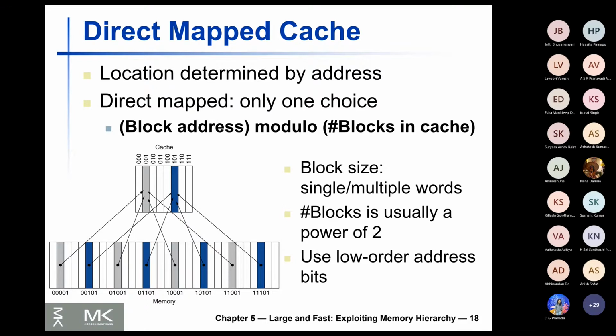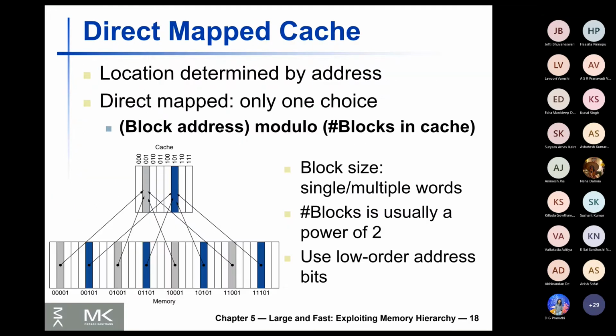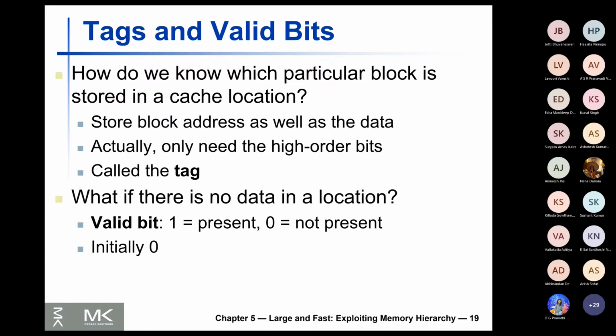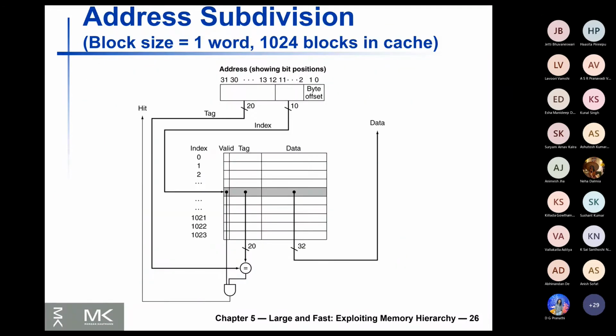If your block is multiple words and the number of blocks is usually a power of 2, the indexes are simply a certain number of least significant bits. That depends on how many blocks you have in your cache memory. So it is a very simple mechanism. To fully resolve the address, because there is ambiguity of this many-to-one mapping, you have a concept called cache tag. Along with that, you have a valid bit, which tells whether the cache entry can be